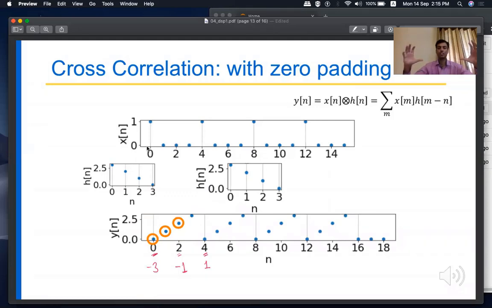My original vector is of length 16, but I add some zeros in the beginning so that mathematically the multiplication is possible, right? If I want to say h of 0 multiplied by x of -3, let's say here m is -3, and I want to compute y0. So my m has to be also, okay, let me think. No, m is -3, so here m is also -3, and n has to be +3